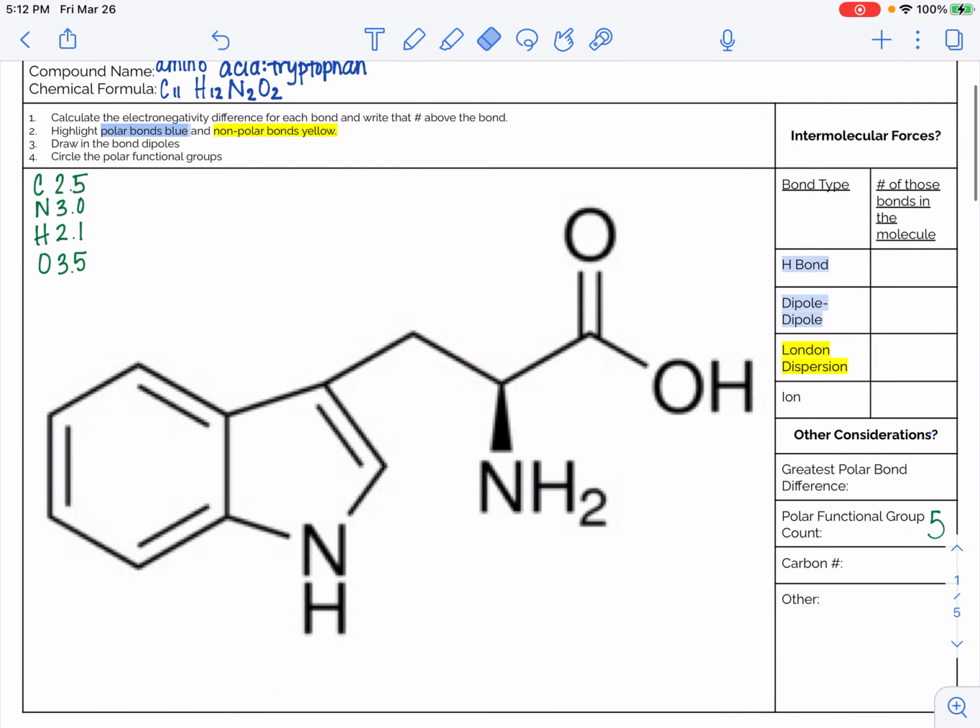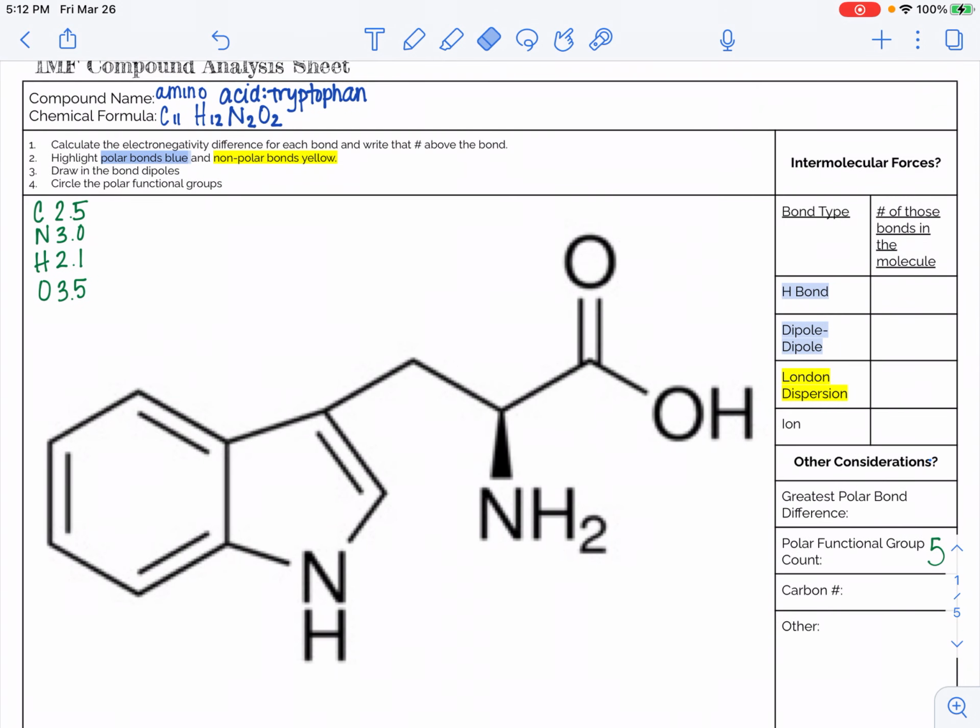This video is designed to help you take a shorthand molecular structure like you see here and convert it into a longhand structure. And that's really important because you need to be able to identify every single bond in a molecule for this project. So first thing we're going to do is we're going to notice that this amino acid,